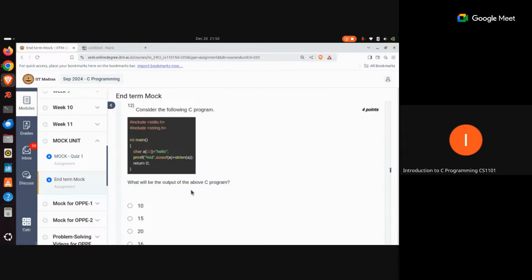The next question says it is creating a character array here, which is having a size of 10, but it is only providing 5 characters to that particular character array, and those 5 characters are HELLO, which is forming a string or a word called hello. And it is trying to find out what is the size of A, what is the length of the string A, and it is trying to find the sum of these two values. So if I ask you what is the length of the string hello? The length of the string is going to be 5 or 6.